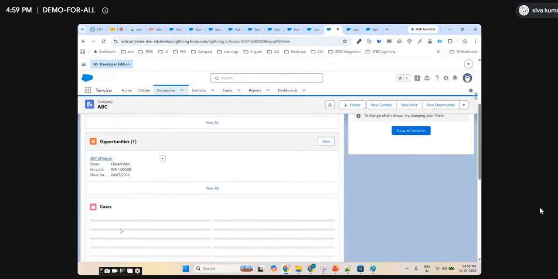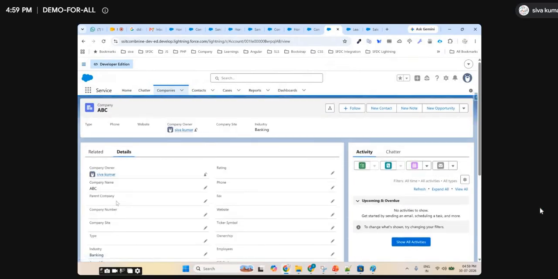For example, company name is a field and will store the company data. Phone will store the company phone number. Website is a placeholder to capture the data. You're getting my point? Yeah, got it.